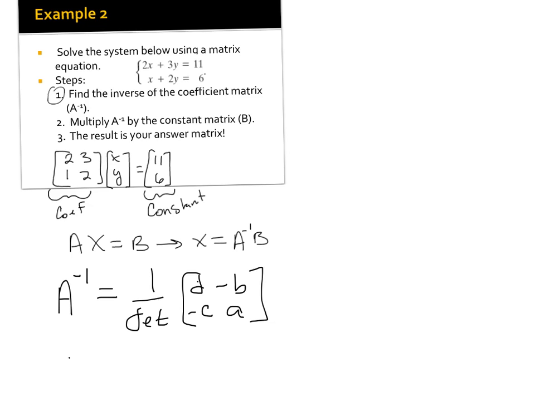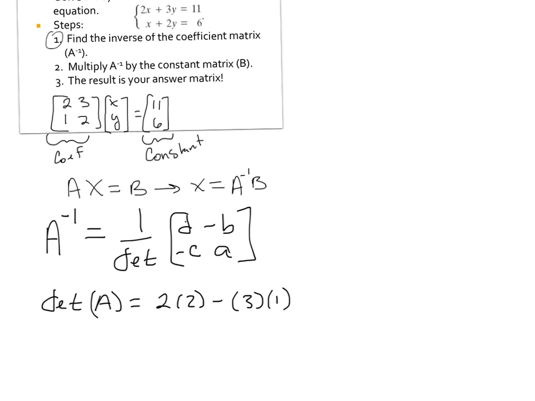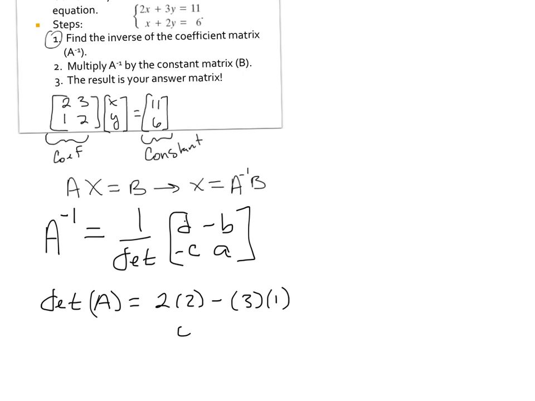And so I need to find the determinant of A, which is going to equal 2 times 2 minus 3 times 1. And this one's kind of nice because I get 4 minus 3, and so I get 1. So A inverse,